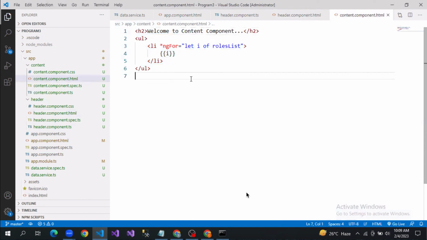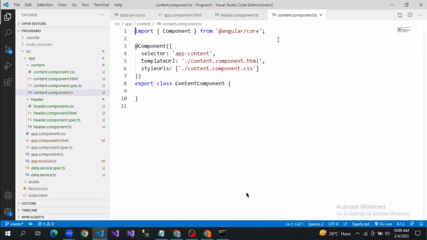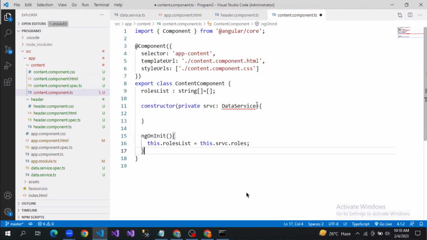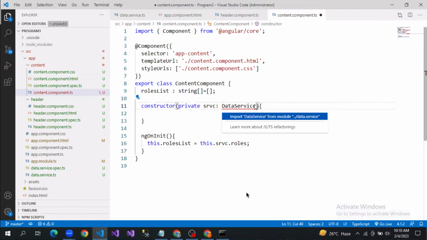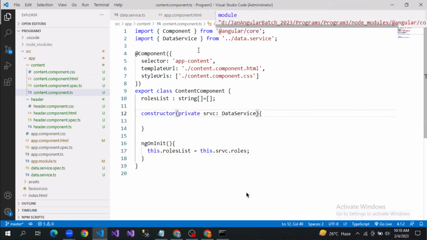Content component. Inject that, basically import that. That's it. Alright, so now